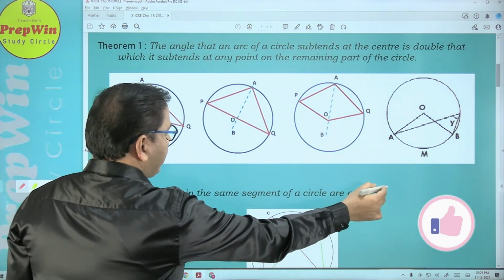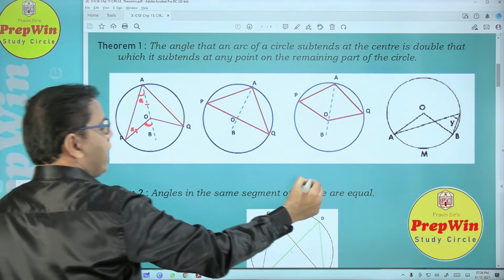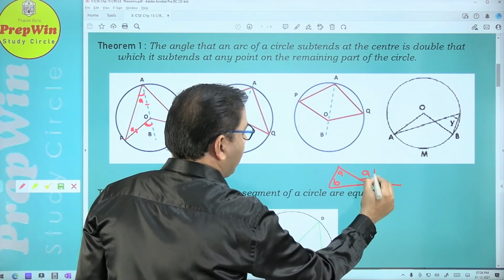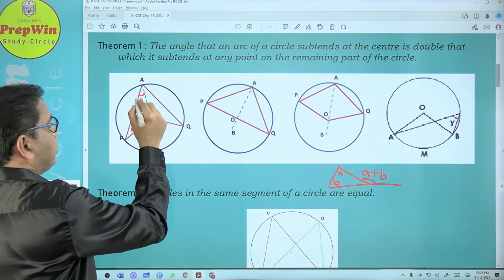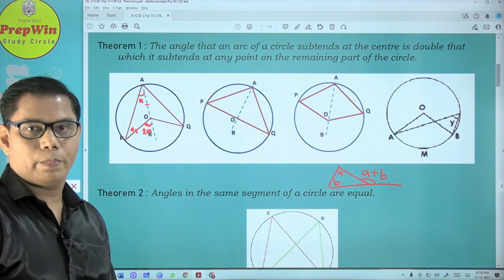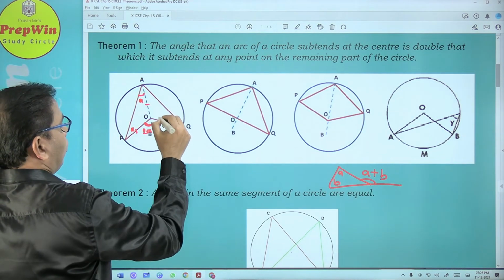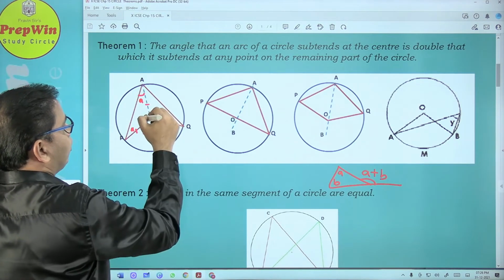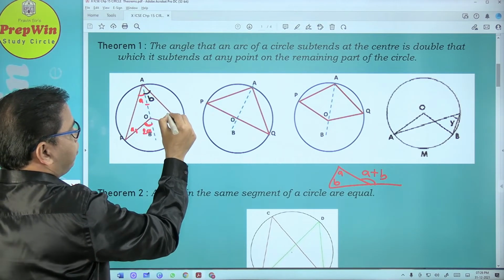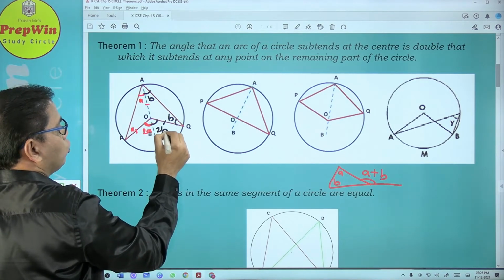Fine, clear? If I talk about the exterior angle, angle AOB is an exterior angle. There we had A and B, remote interior angles were A and B, exterior angle was A plus B. But here with respect to this angle, remote interior angles are both A, so this is going to be 2A. Fair enough? Same way, OA is equal to OQ. So other triangle is also an isosceles triangle. So base angles we can take as B and B. So this angle, exterior angle will be B plus B, that is 2B.